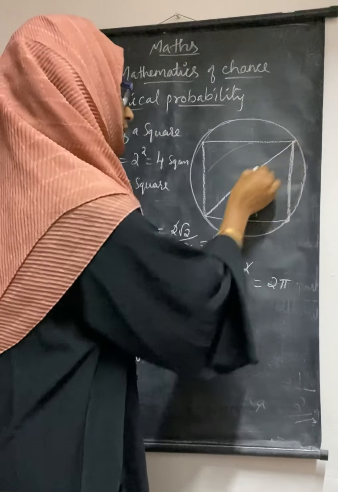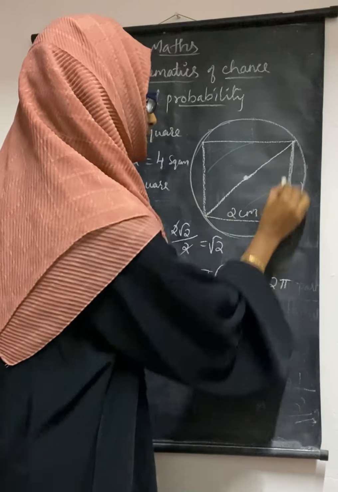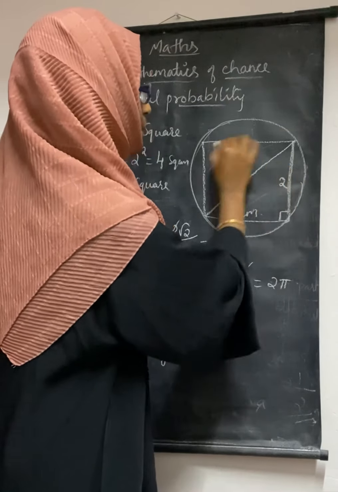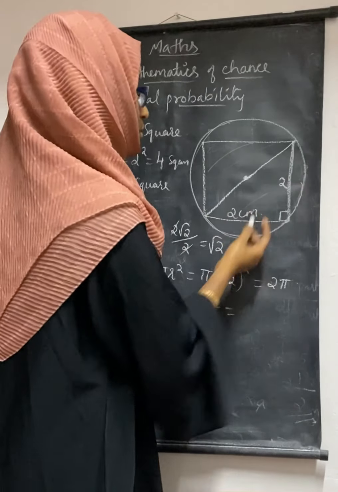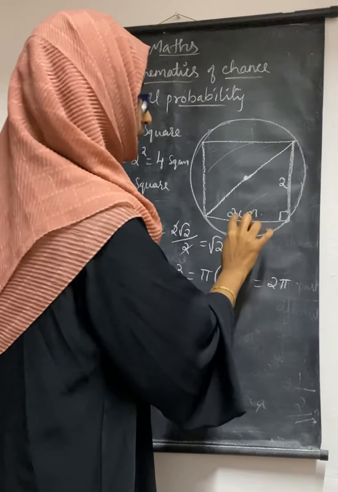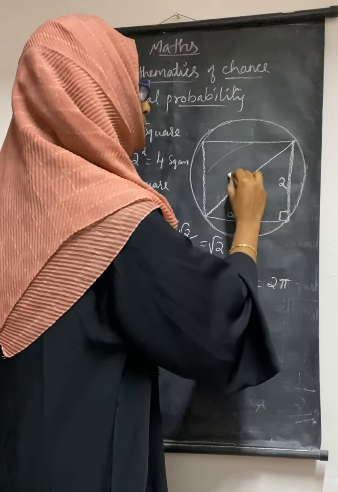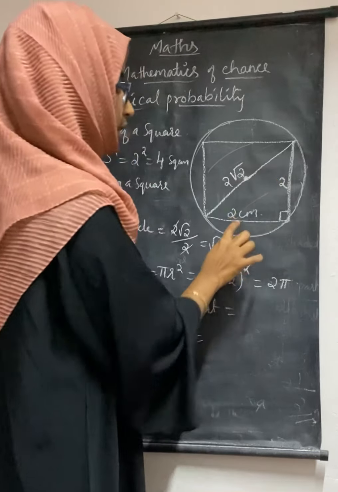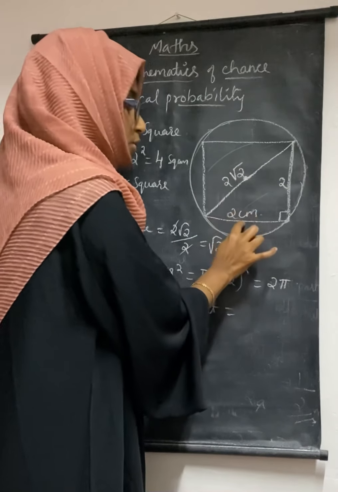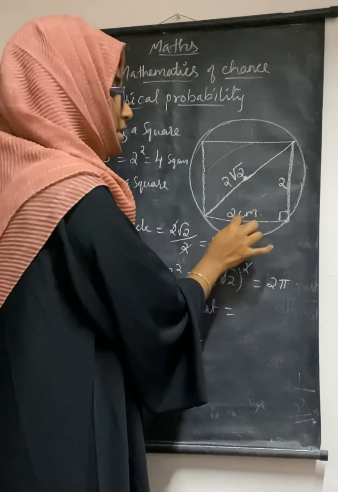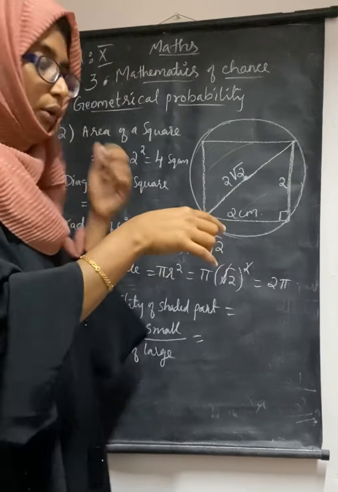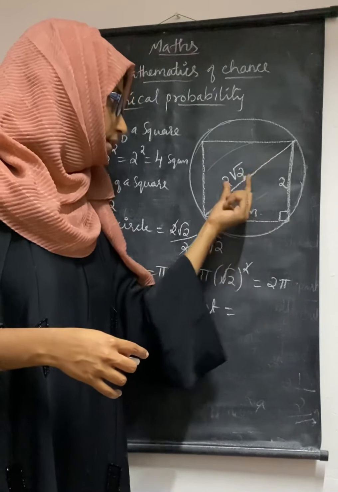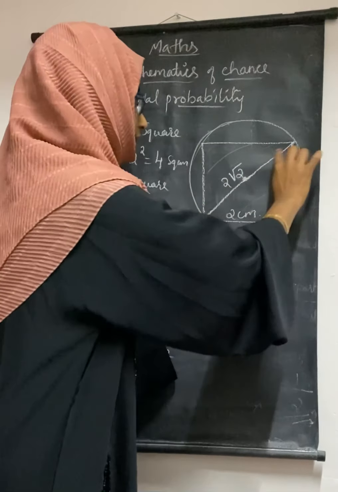So when I draw the diameter like this, you can see one triangle forming, a 90-degree triangle, and this is 2 centimeter, and this is also 2 because it is a square. You know that I explained before, if this is 2 and this is 2, what will be the hypotenuse here? It will be 2 root 2. If it is 1, root 2; if it is 2, 2 root 2; if it is 3, 3 root 2. Like that it goes on. Last year you studied. So this diagonal or hypotenuse is 2 root 2.